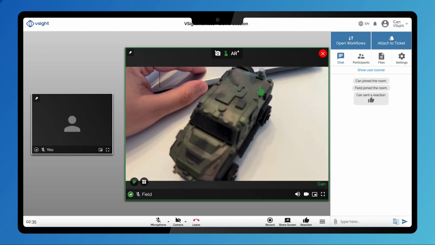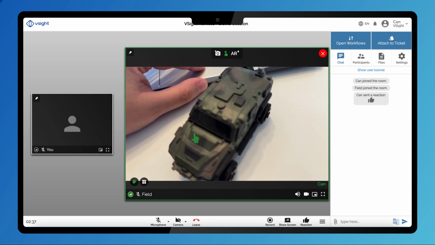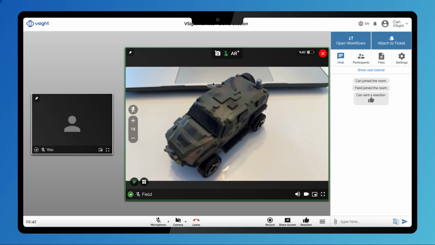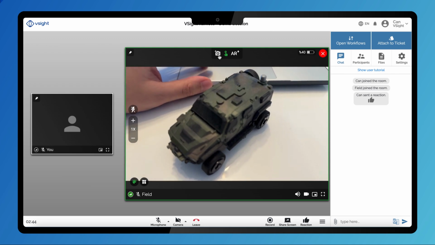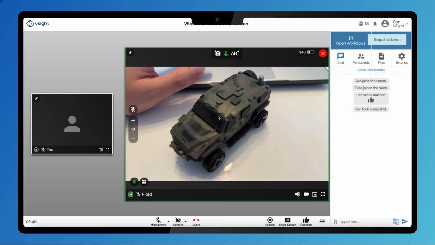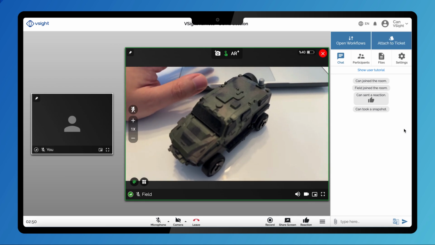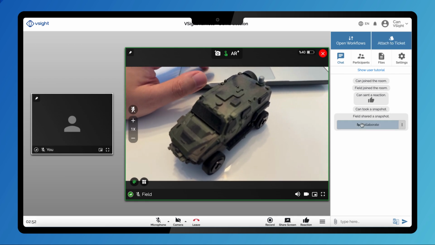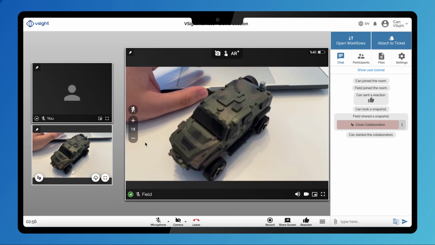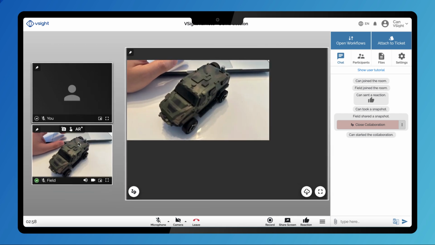And the exact same image will be appearing on their vision. And if you need to focus on a certain part while going on the live feed, you can use our snapshot features. When you click on snapshot, an image will be appearing in the chat box. So when you click on collaborate, apart from the live feed itself, this image will be also present in the